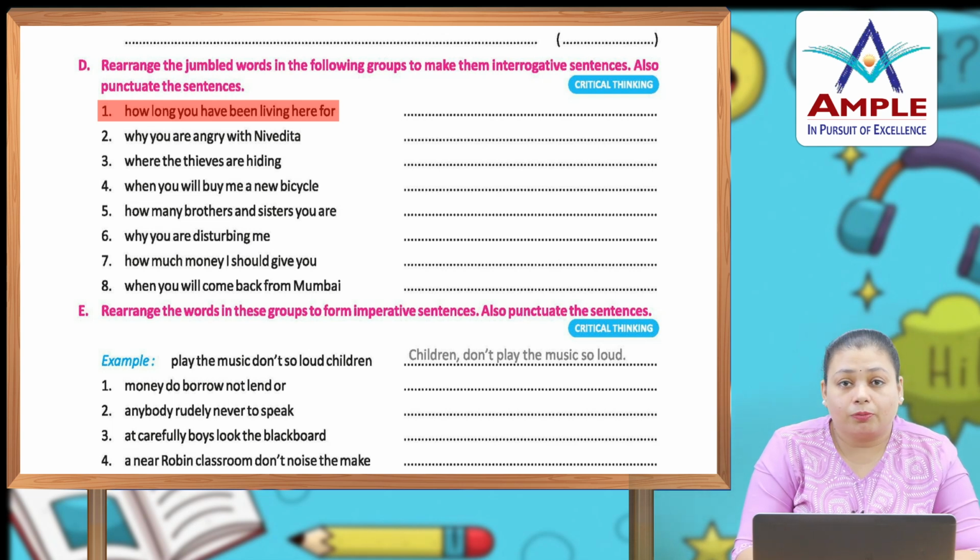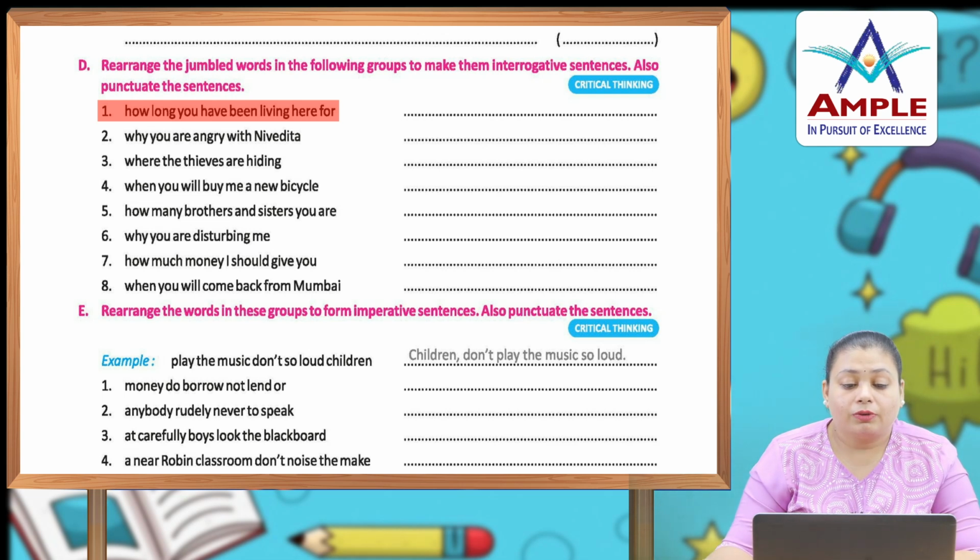Okay, after that you have to put a question mark. For F, start with a capital letter. So this is how we punctuate the sentence with a question mark, and we will convert it into an interrogative as well. Now read the rest of the questions and convert them into interrogative sentences and punctuate them